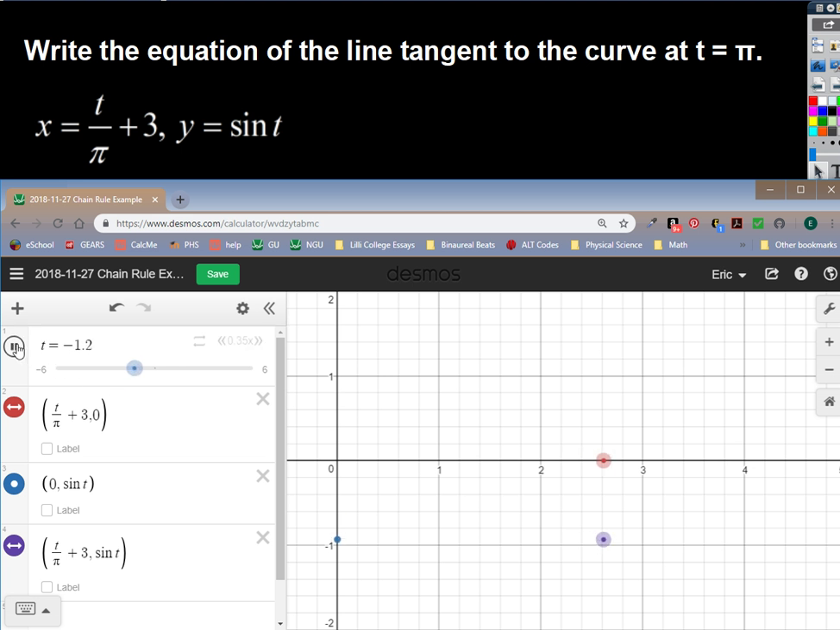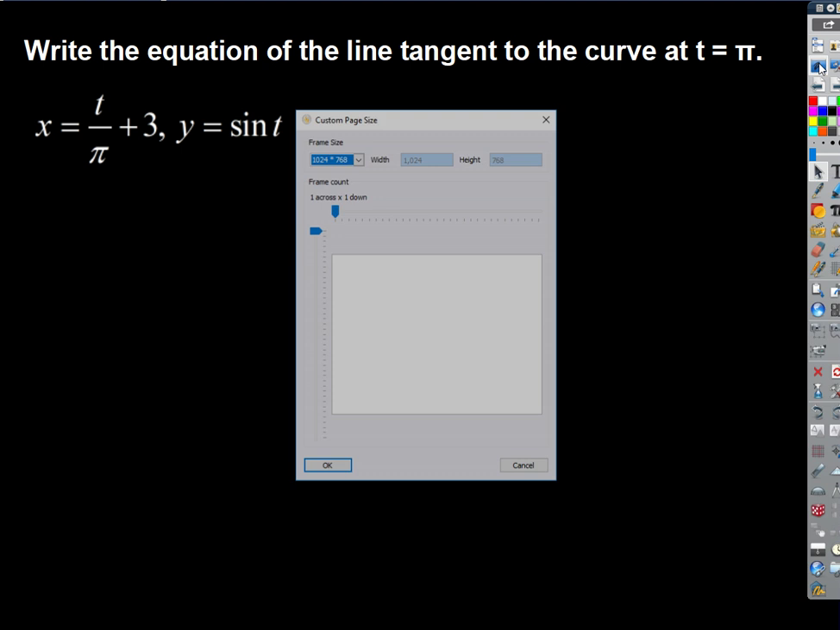And we wanted to find out what happens at pi, so that's right about there. This thing is increasing at pi. You see it's kind of moving up, probably towards a peak of a sine curve, right? So if we wanted to graph that tangent line,